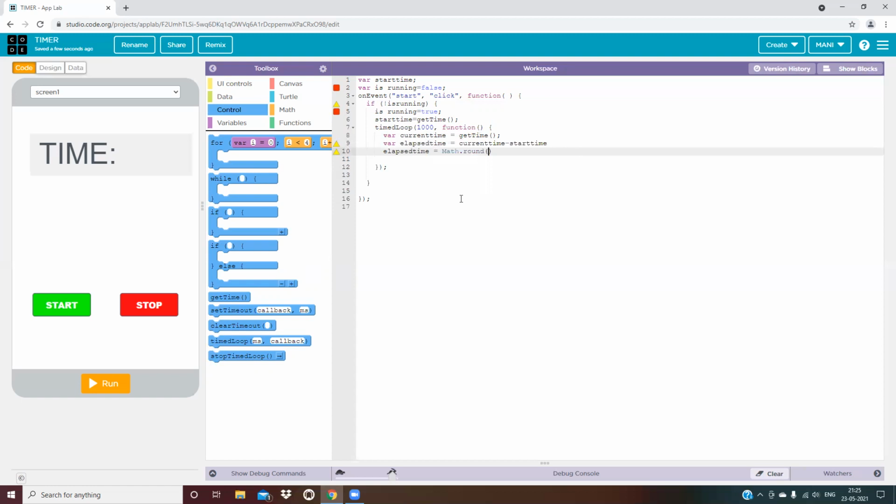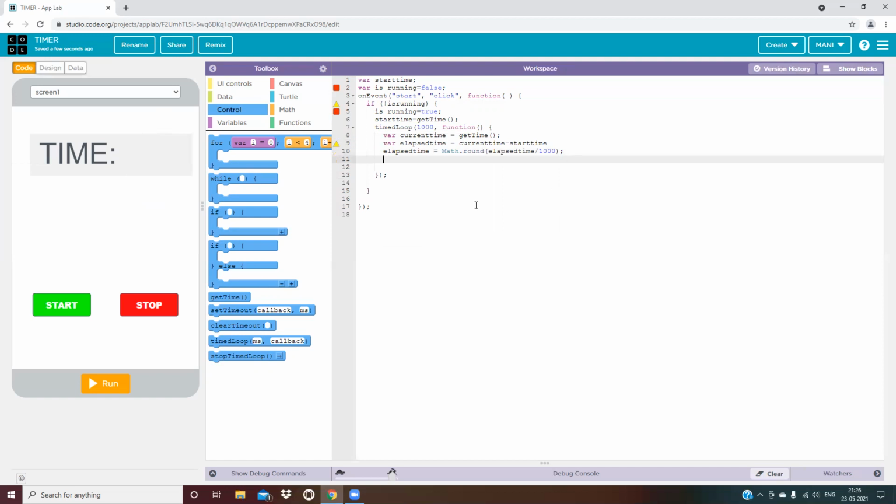In the bracket I will write elapsed time divided by 1000. Because the timer should not show in milliseconds, it should show in seconds, so that's why I'm dividing it. And when I divide, it comes in decimal, so that's why I have written Math.round.